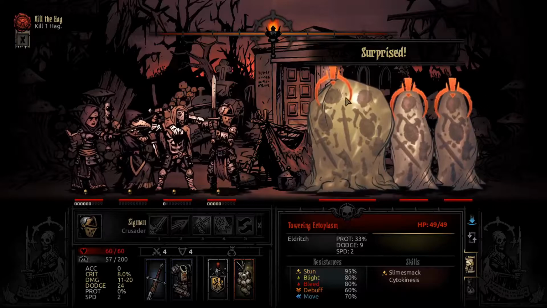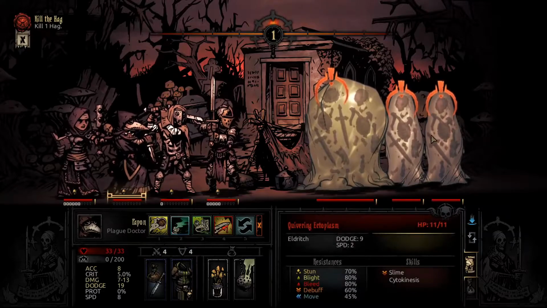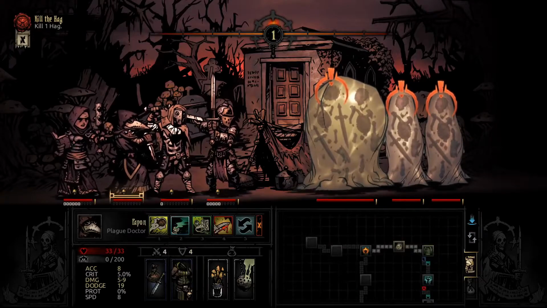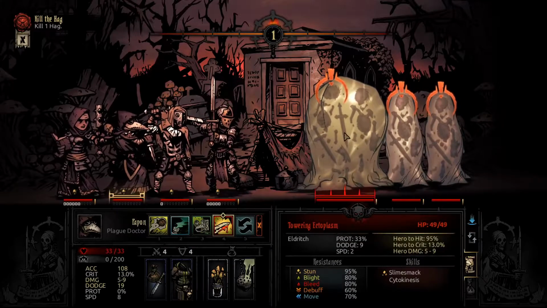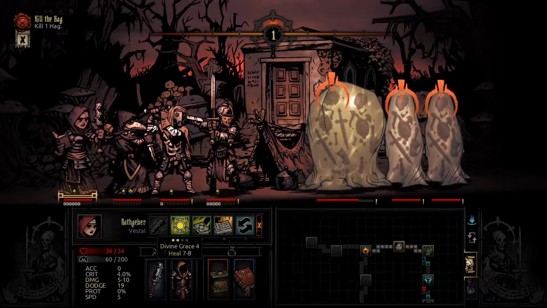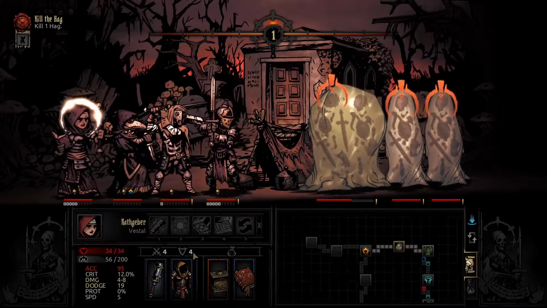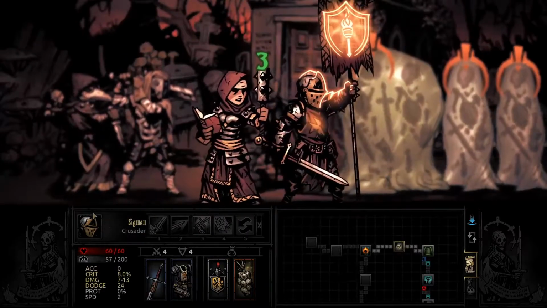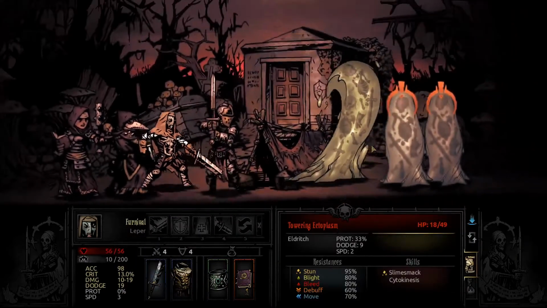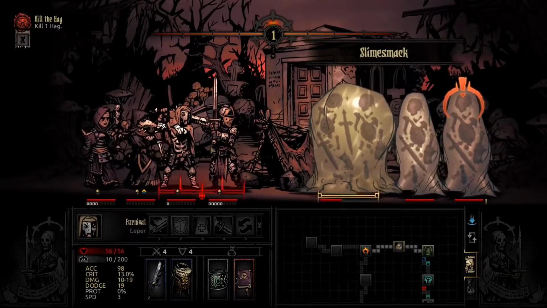Okay, we got the towering ectoplasm and the quivering ectoplasm. So here, if I were to utilize the plague grenade, for example, they have resistance of 80% to blight. But with bleed, we might have a bigger chance of doing any damage. I'm still going to work on reducing the stress. I could have potentially boosted the leper by using our plague doctor, but